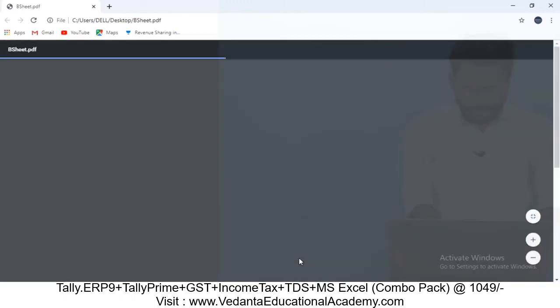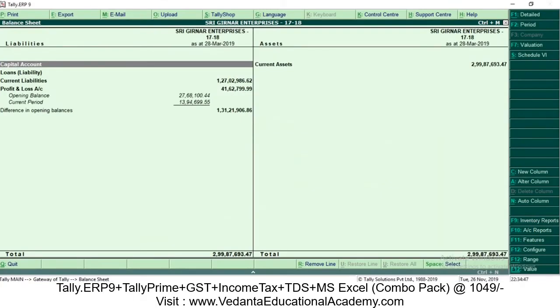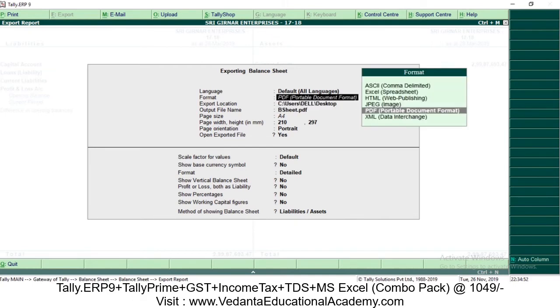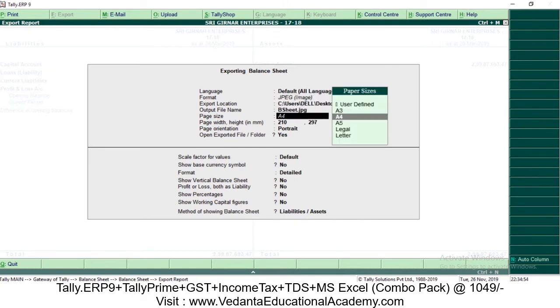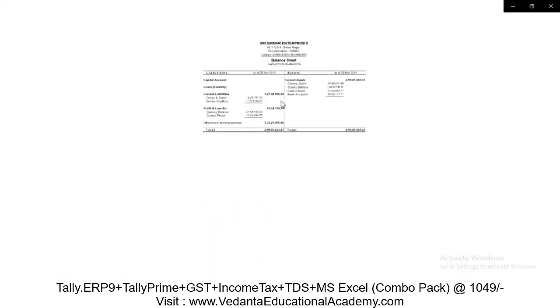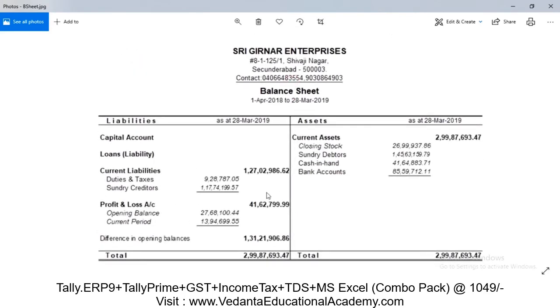Yes, the data has been exported. This is how it's going to be displayed in the computer. Now we just exported in PDF format, and this is how it was exported. Next I'm going to export in JPG format. Alt plus E, just click on no, paste the address and select the format. Now I'm going to export in JPG, which can be viewed on Android mobiles. This is in JPG format, so it has been exported in photo format. This is how the data is exported in JPG format.